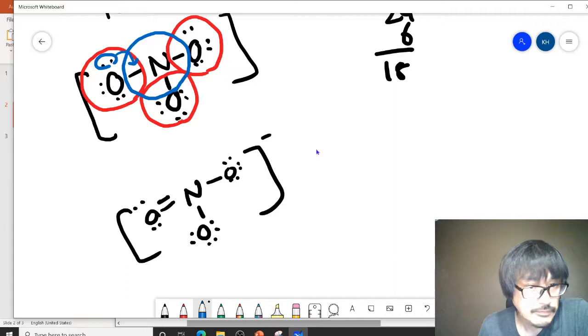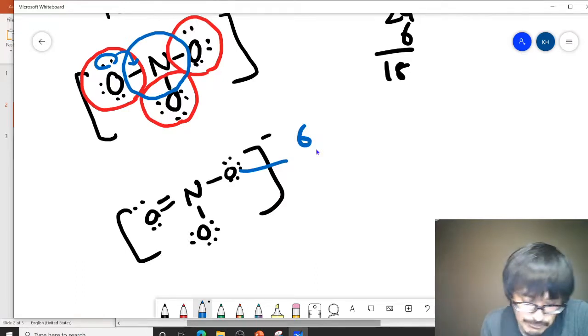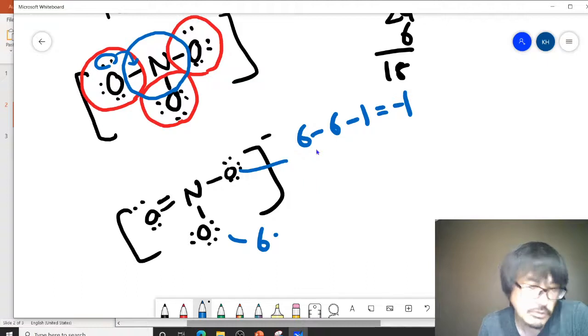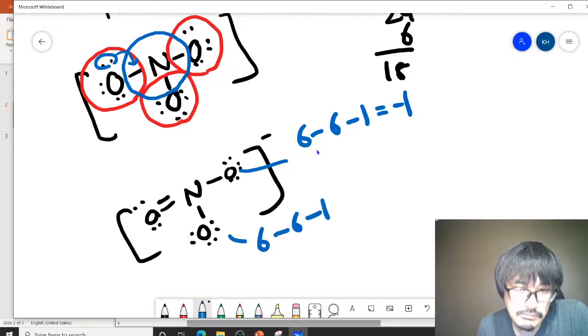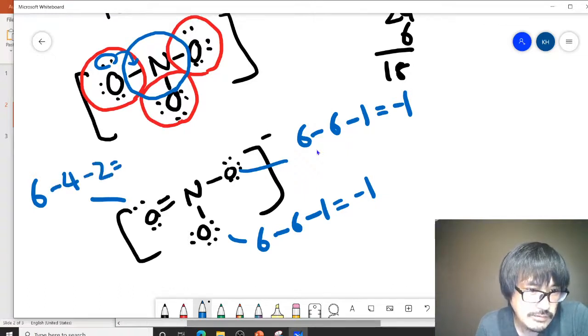The formal charge for this particular oxygen: it's in group 6, so it's supposed to have 6 valence electrons. So 6 minus number of dots minus number of lines, so it's going to have negative 1. Same goes here: it's supposed to have 6 electrons, or group 6, minus number of dots minus number of lines, negative 1. How about this one? This oxygen is starting out with group 6, 6 dots to start with, and then subtract the 4 actual dots, minus 2 lines, so it has a 0